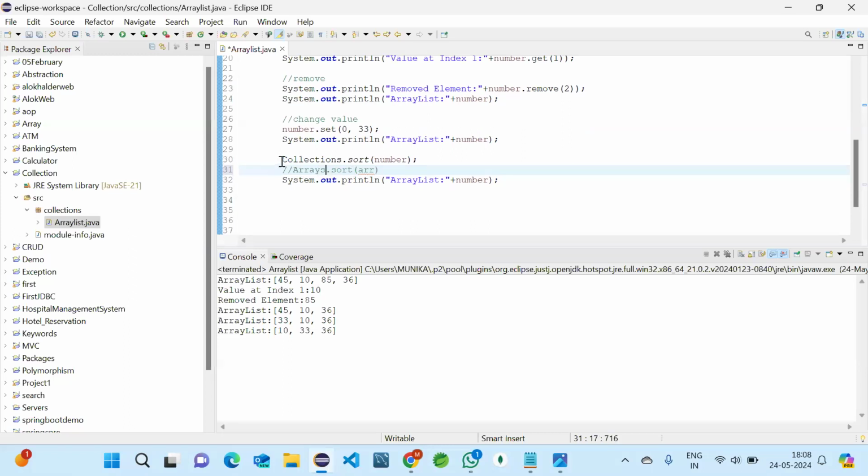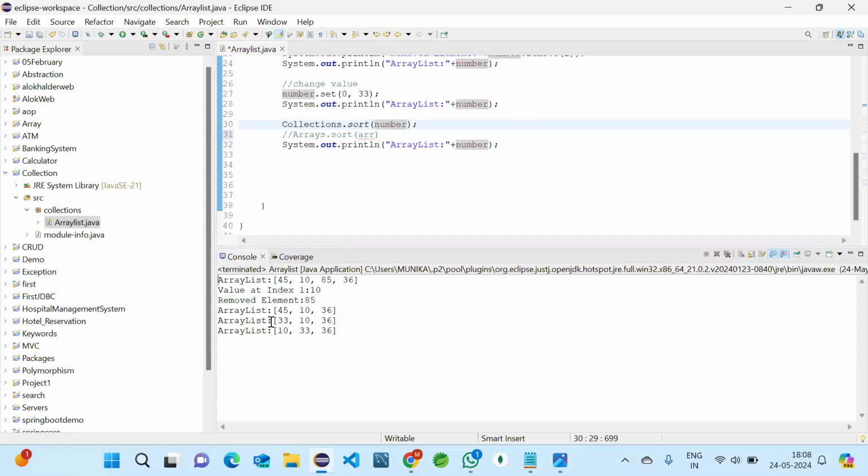Coming to the collection framework, we should use Collections dot sort and give the list, whether ArrayList or LinkedList, that you want to sort, and it will sort like this. Before sorting it is 33, 10, 36, and after sorting 10, 33, 36. It's easy with collections, with one line.